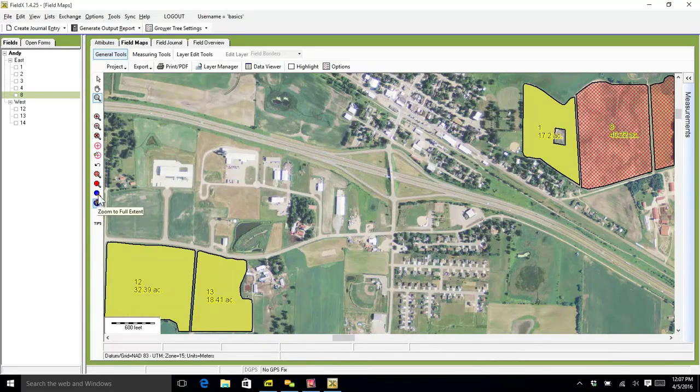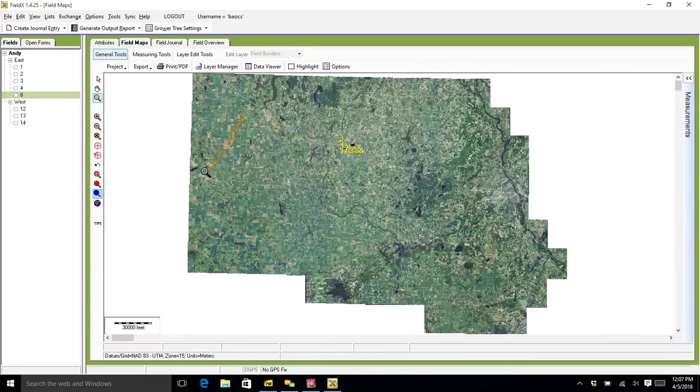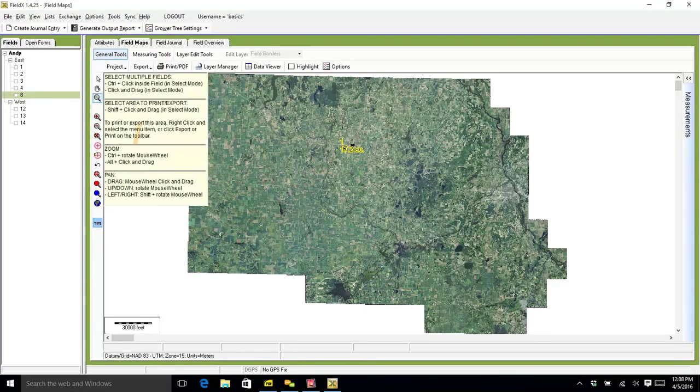And then this map right here is zoomed to base maps extent, which is similar to the next one, which is zoomed to full extent. Essentially these will zoom out to the highest level so you can see just the base maps. The difference between these two is that if you zoom to the full extent, any borders that don't have a base map underneath will be zoomed out to include all of that. And then there's a tips button right here that'll give you some shortcuts on other ways that you can zoom in, zoom out, select fields,